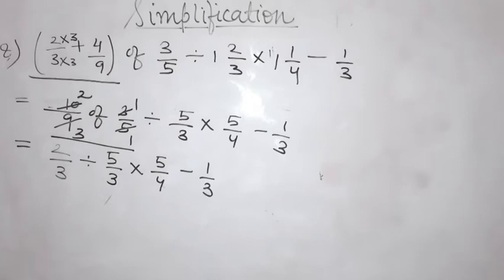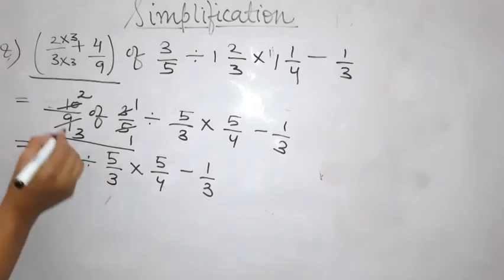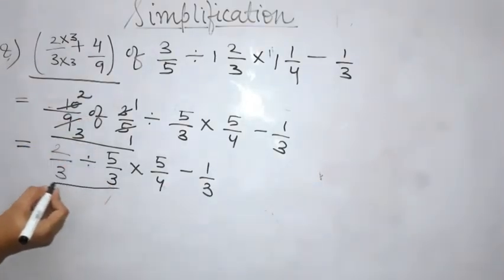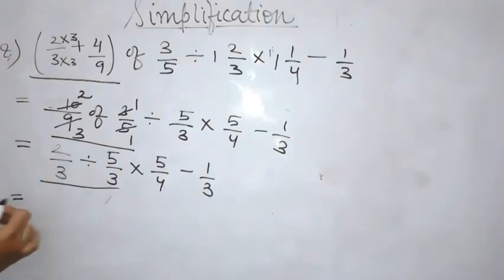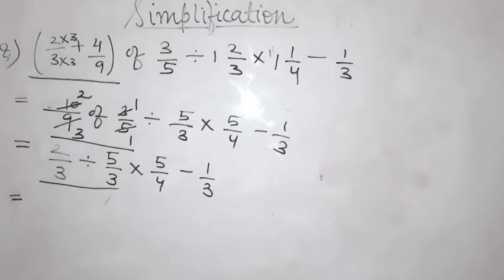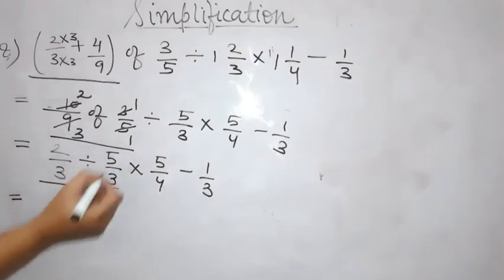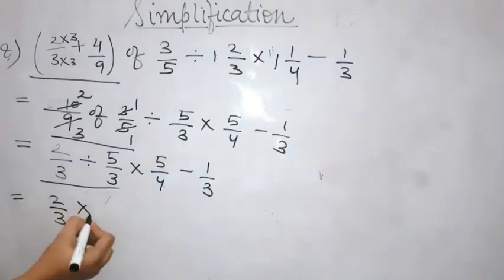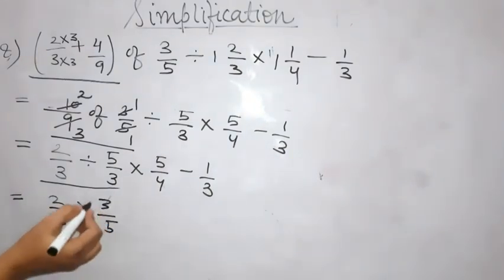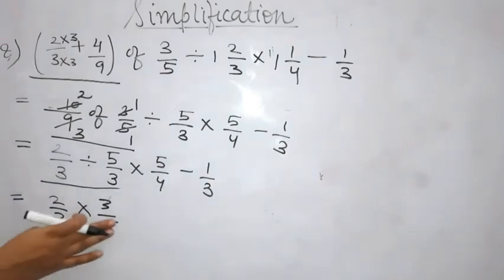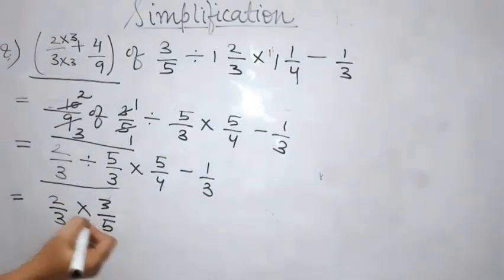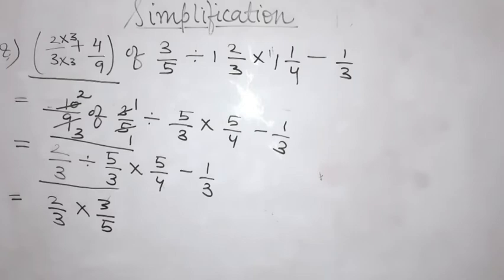Okay students? Now after of we have to divide. So I am going to solve this portion. And how do we divide the fractions? I have explained in the previous video also how we divide two fractions. How do we divide? Kindly comment down the steps involved in the comment section. Take the reciprocal of the second fraction and multiply it with the first one. So what is the reciprocal of 5 upon 3? The reciprocal of 5 upon 3 is 3 upon 5.